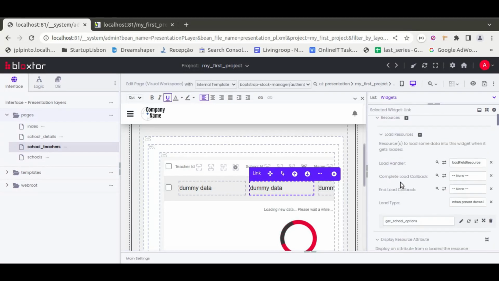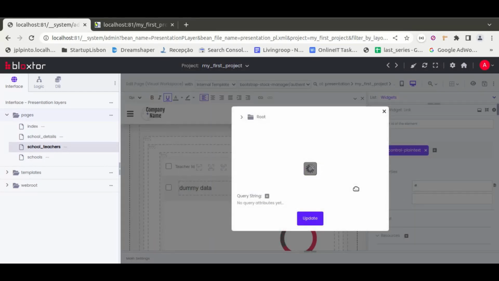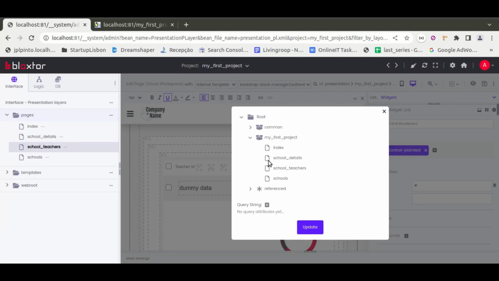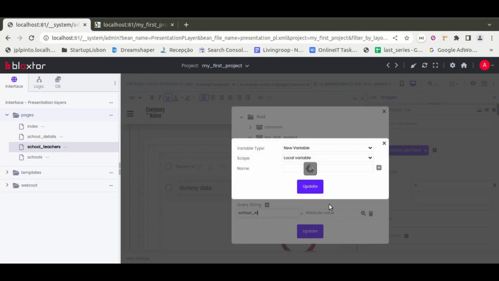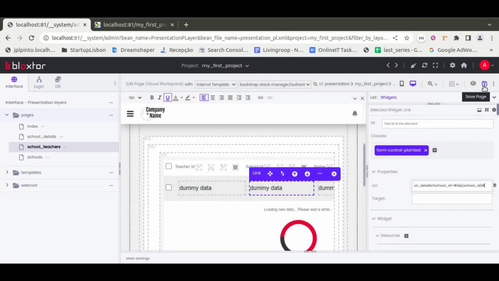Now if we scroll up, if we go to the properties, the URL field, we can just point this to the school details page, which is this page here, where we'll just pass the school ID correspondent with that school ID field. Again, this is inside of a list, so I need to have the IDX attribute before the school ID, and then I have the school ID. So I just do update, and I update this and I save it,